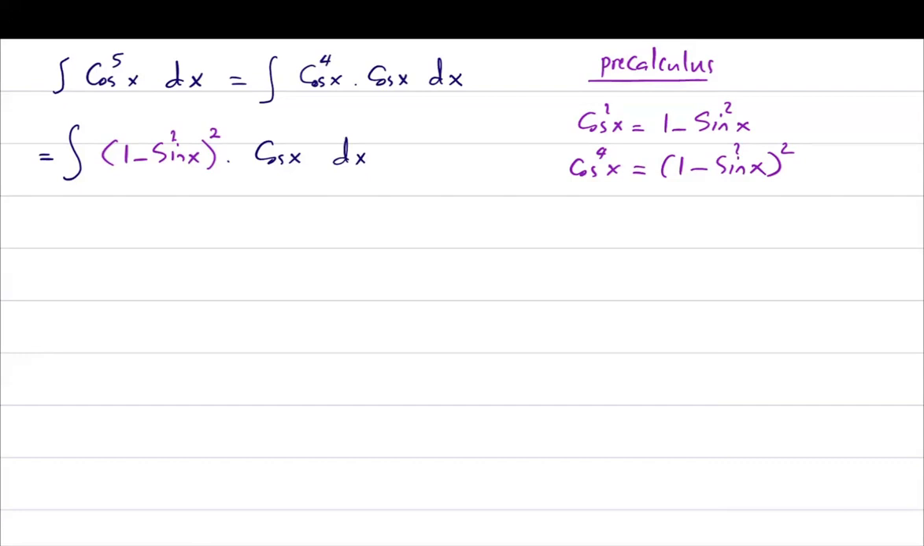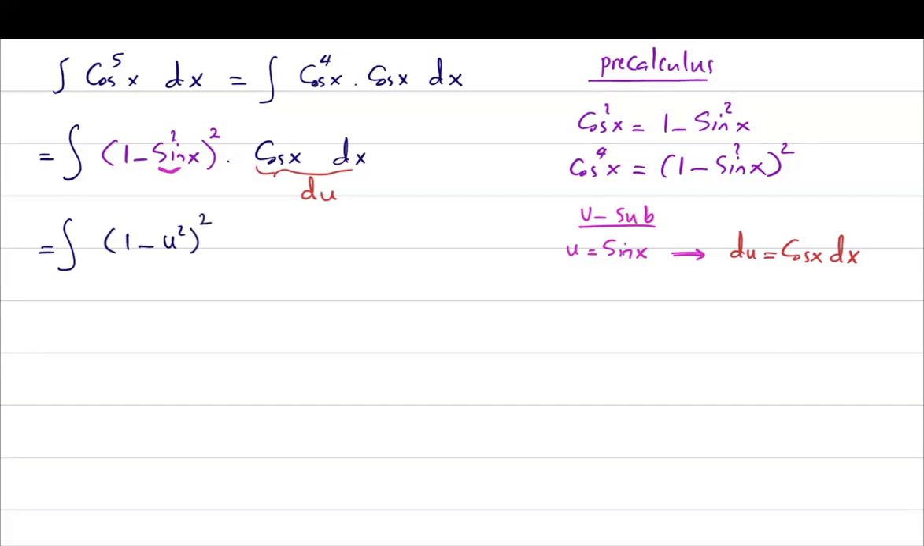When we write it this way, you can easily use the method of substitution, U sub. In the U sub method, take U to be the quantity that is actually inside your parentheses. U is equal to sine of x. Then du becomes cosine x dx, which is already there. So this is your du, and then the integral becomes the integral of 1 minus u squared to the 2nd power du,